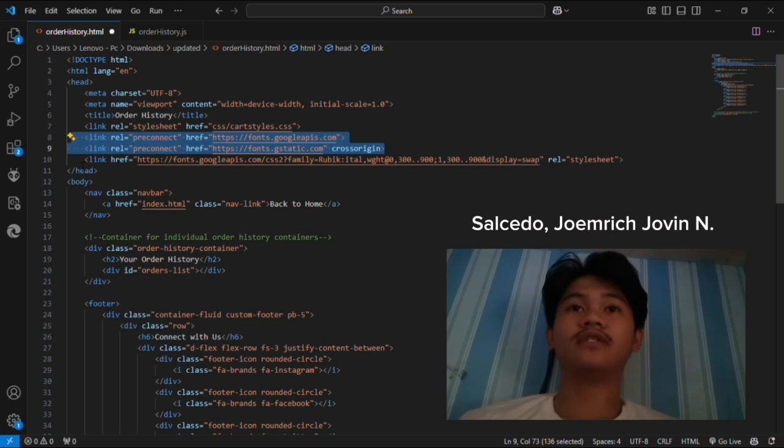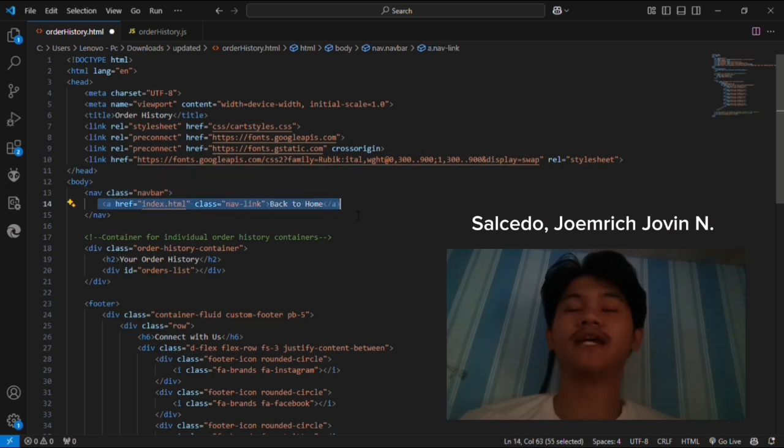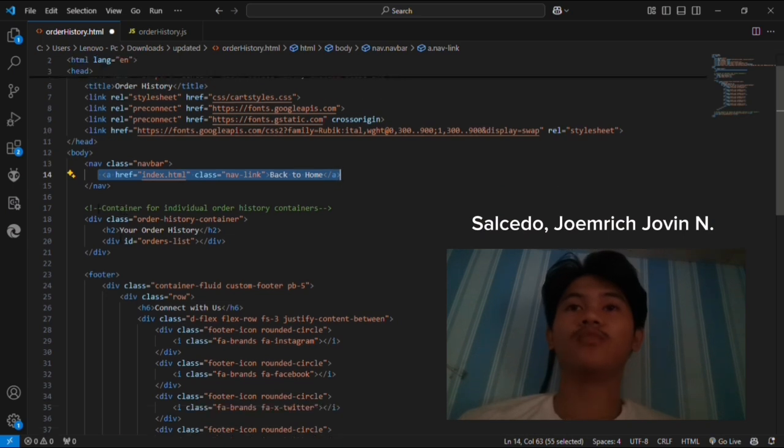And then let's proceed to the next two lines. It pre-connects to Google Fonts to speed up font loading. And then the next line loads the Rubik font from Google Fonts with different styles and weights. And also for the nav class, the nav defines a navigation bar with a navbar class. And then the next line creates a clickable link to navigate back to the homepage, which is